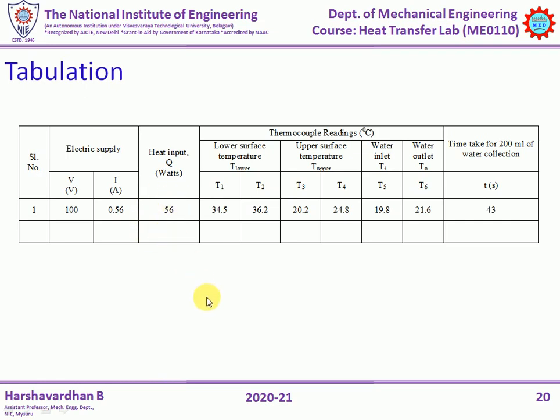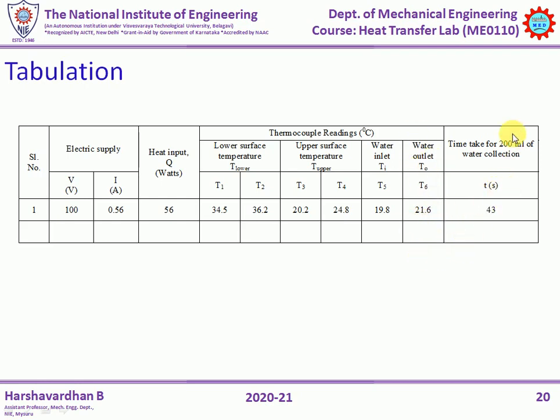We got this as 56 watts, and the lower surface temperatures of the liquid chamber obtained with T1 and T2 thermocouples are 34.5 and 36.2 degrees centigrade, while T3 and T4 temperatures were 20.2 and 24.8 degrees centigrade, which correspond to the upper surface temperature of the liquid chamber. T5 temperature was 19.8 degrees centigrade, which corresponds to the inlet water temperature, and T6 temperature corresponds to the outlet water temperature, which is 21.6